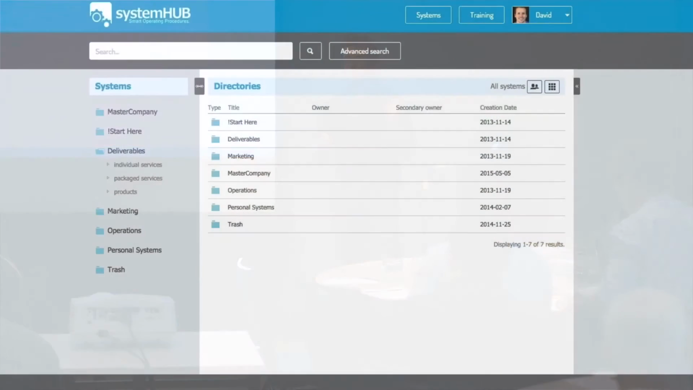So we used to use Dropbox, we used to use Edit Me, Google Docs. I mean, I've tried them all. They've all got their problems to do with permissions and sharing and a whole bunch of different things. So much so that we ended up designing our own solution called systemHUB, and that's where we store all of